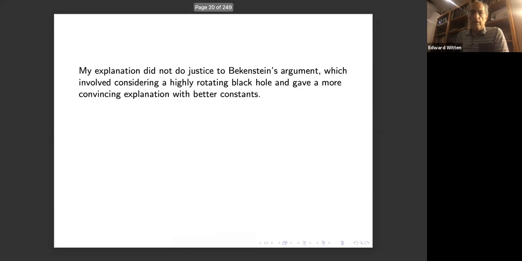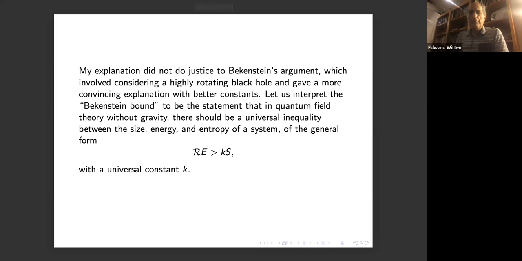Now, my explanation didn't do justice to Bekenstein's argument. He considered a highly rotating black hole, and he tried to give a more convincing explanation with better constants. But we're not going to go into that. And for us, we'll take the Bekenstein bound to be the statement that there's some universal constant K, so that